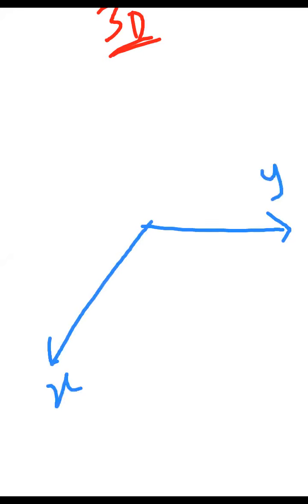once you go to 3D, what is happening? Already you have the x and y axes, which you have to bring down here. Previously you had only 2 axes, so you used the entire plane of the paper, the screen. Now you are going to have 3 axes, so your entire xy axes will come in the horizontal plane, and you are going to introduce one more axis. That axis is called the z axis.